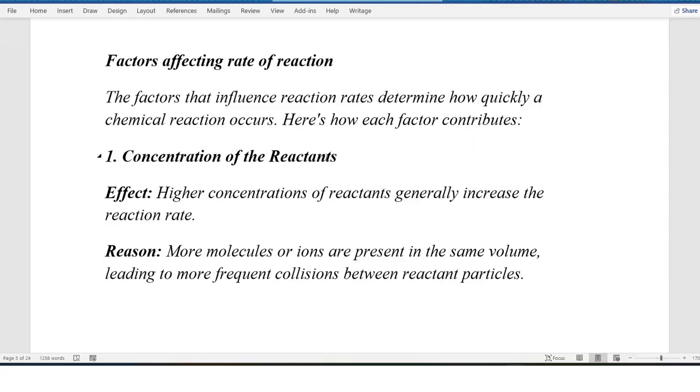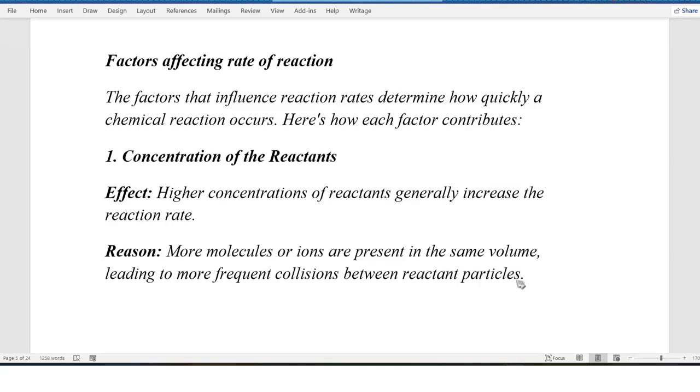So we're talking about the first factor, which is concentration of the reactants. We find that the higher the concentration of reactants, the higher the rate of the reaction is going to be. And the reason is that more molecules or ions are present in the same volume, leading to more frequent collisions